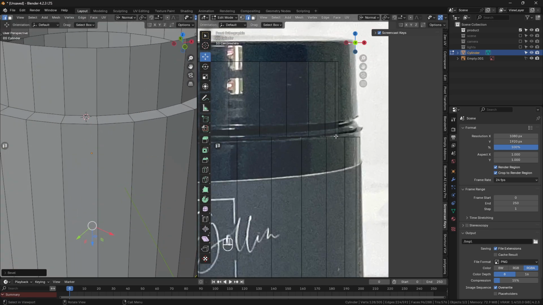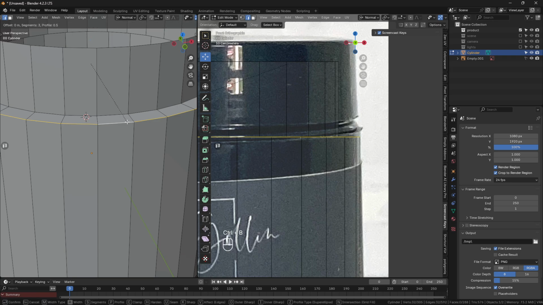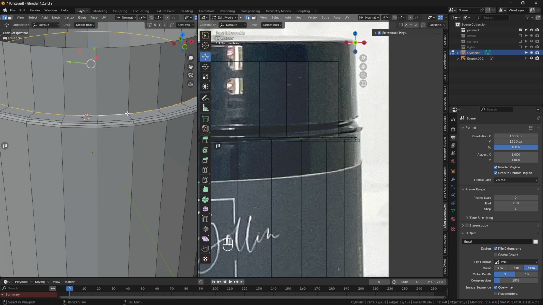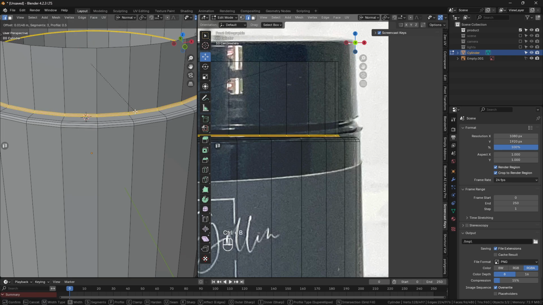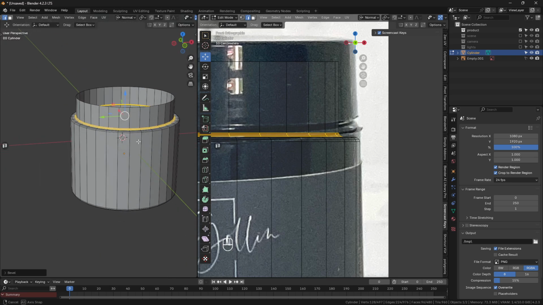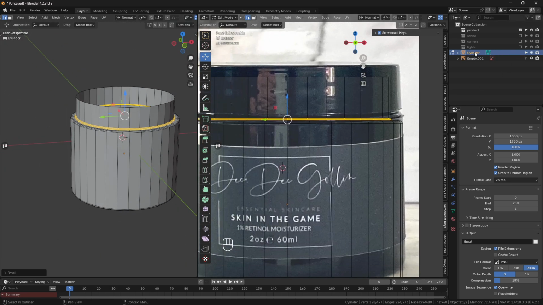You can follow here or here. Let's select the loop edge, another Ctrl B to bevel. Good. Another one here too. Ctrl B, bevel. Good. Now let's name it the bottom part,